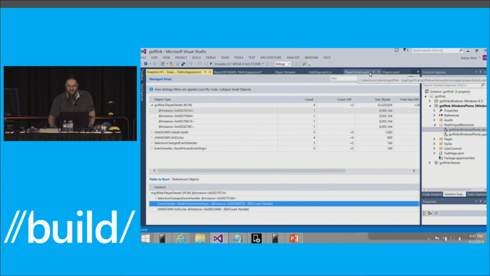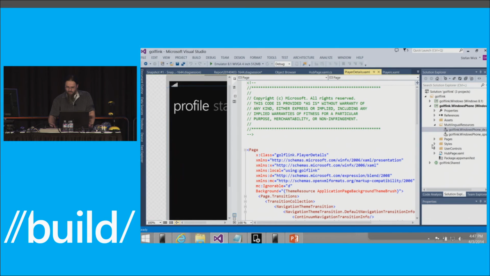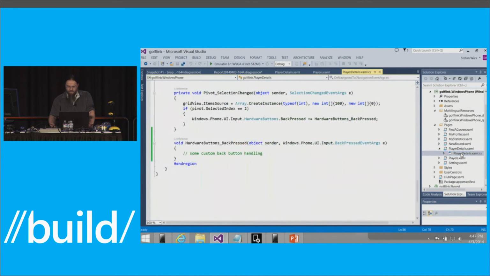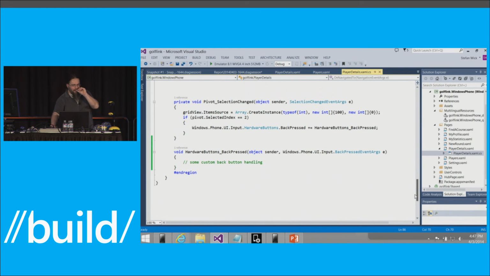So here's the player details. I actually want to look at the C# file here, and yeah, it's right here. So we have a back press event here, and what's happening here is when my pivot changes to a particular item, in this case it's the third item,